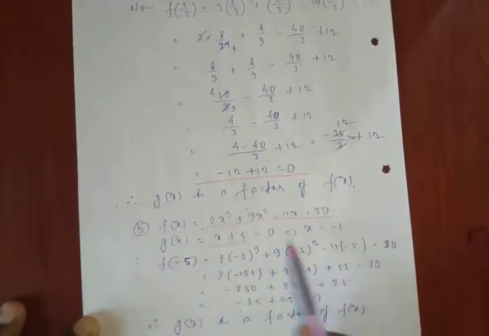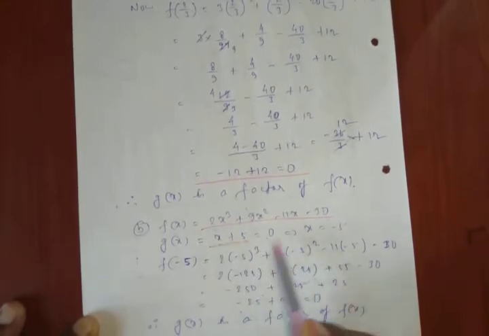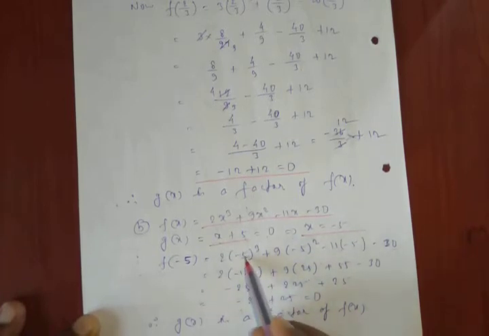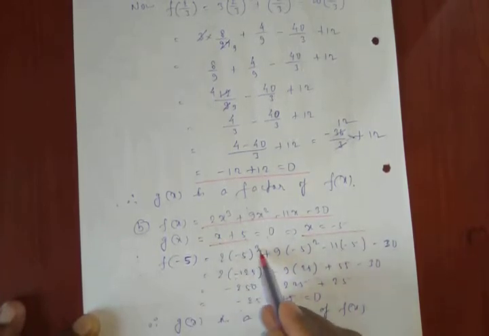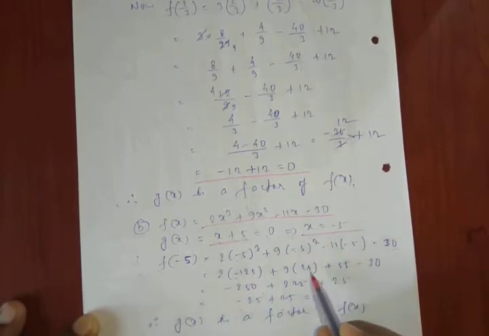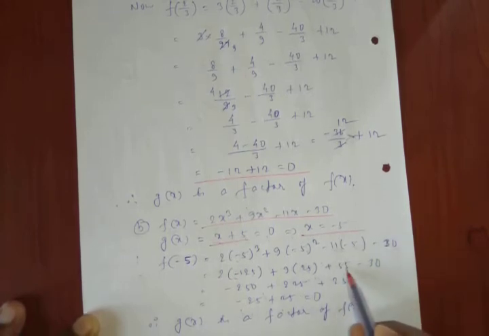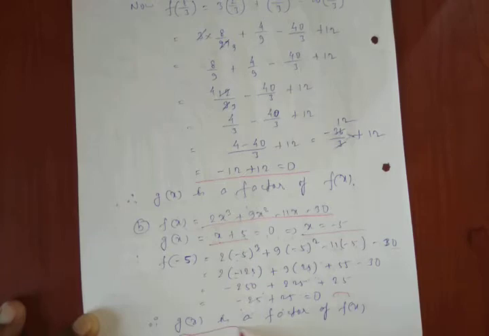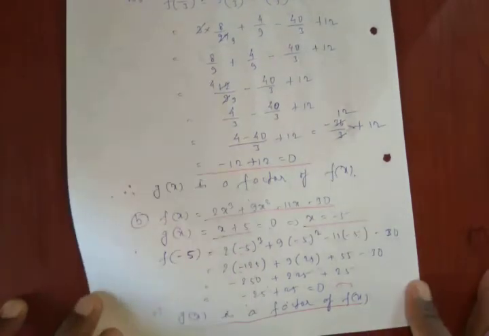And in the next also f(x) is given this, and g(x) is x plus 5. So equate this to 0 and find its 0, that is x equal to minus 5. Now f(-5) and then solve this here. So again see, minus 5 whole cube will be minus 125, because the power is odd here, and minus 5 whole square will be even, that is 25 here. And 11 into minus 5 will be minus 55, and this is also minus, so minus minus becomes plus. And after solving again you will get 0 in this case. So when you put x equal to minus 5, then the value of this polynomial becomes 0, and therefore by the factor theorem g(x) is a factor of f(x).